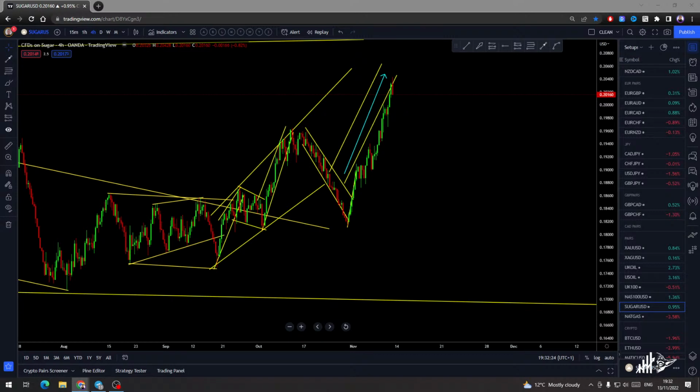But that doesn't work that well on stocks. This works on any kind of market. You can apply this technique, everything what we do over there, on stocks, on commodities, on indices, on bonds, on yields, whatever you trade, whatever you watch. Because this is the strategy which is very powerful, and you can apply it everywhere.